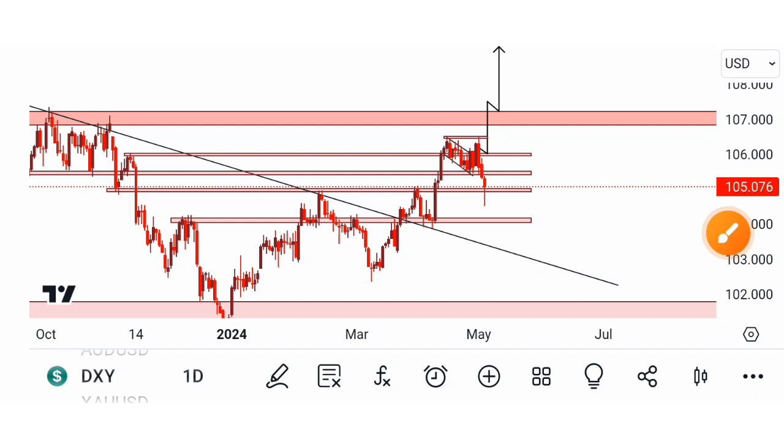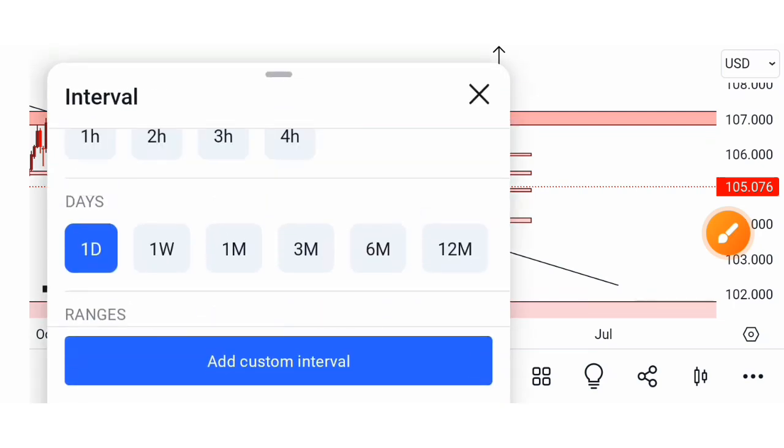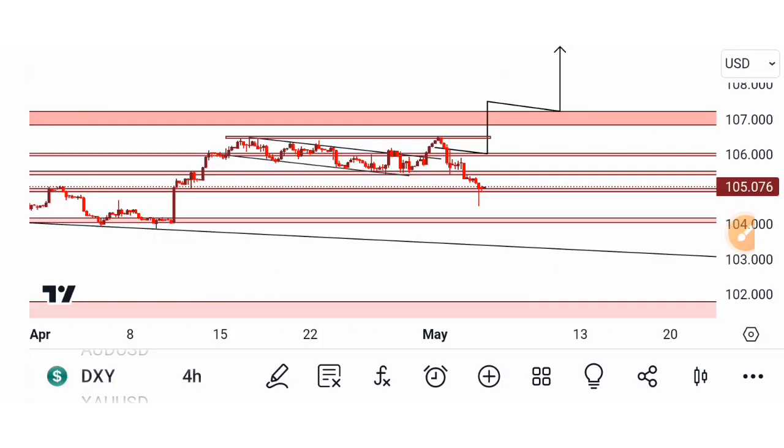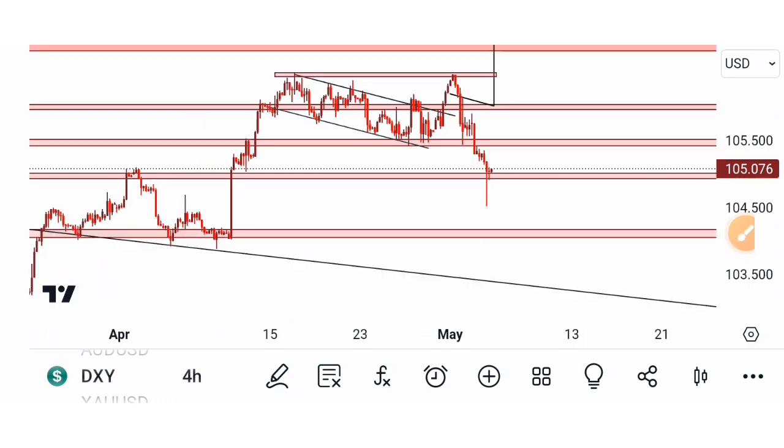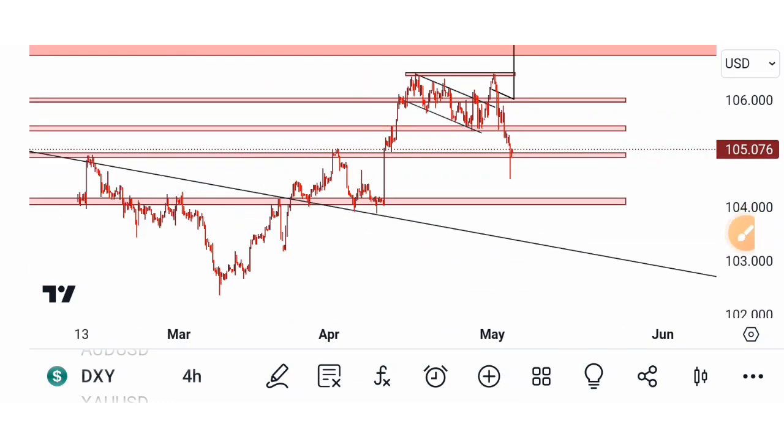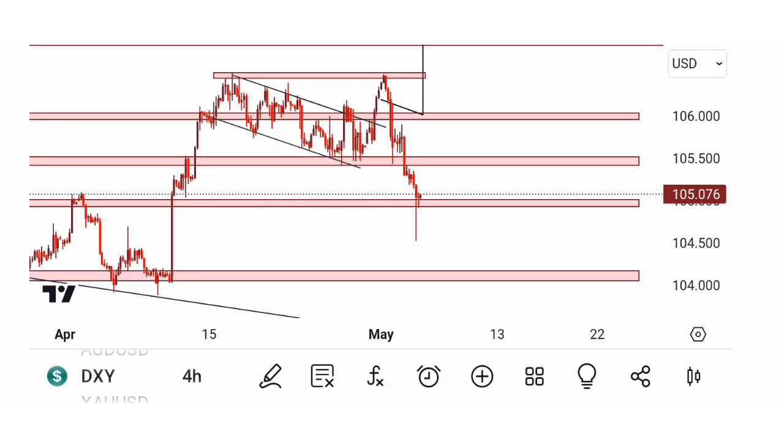So what I can advise you to do is trade this market on a smaller time frame. Let's go to the 4-hour time frame. Let me show you how I would approach it in order to avoid taking unnecessary losses. So knowing that this is a low and this is a high,